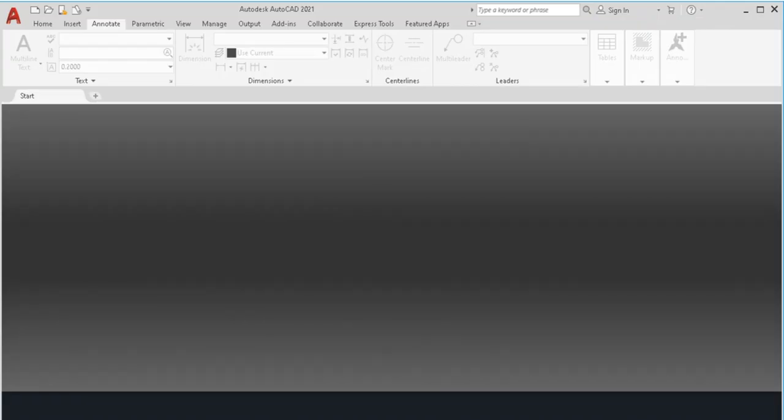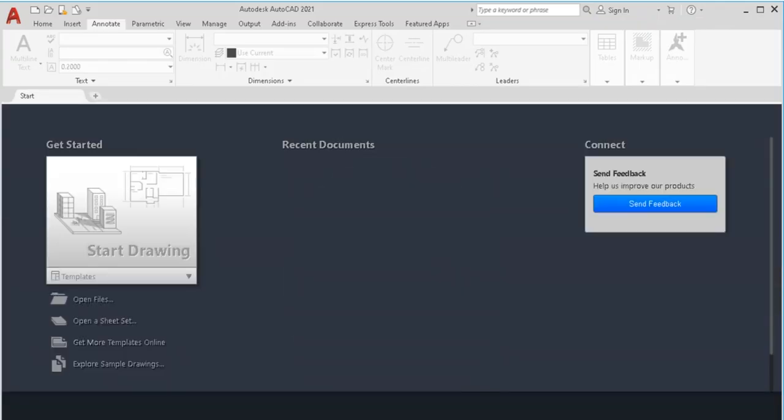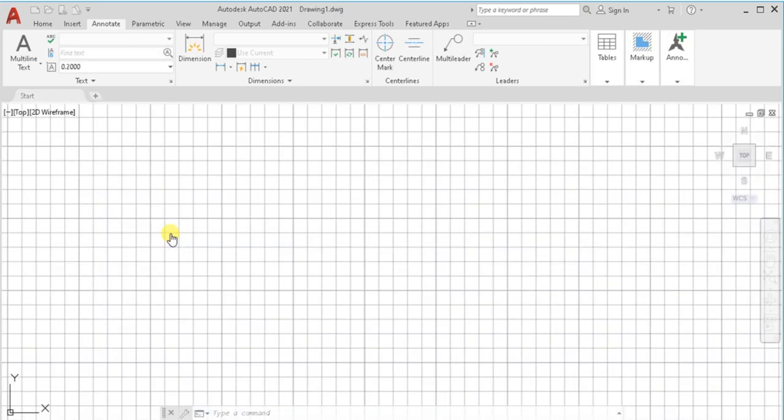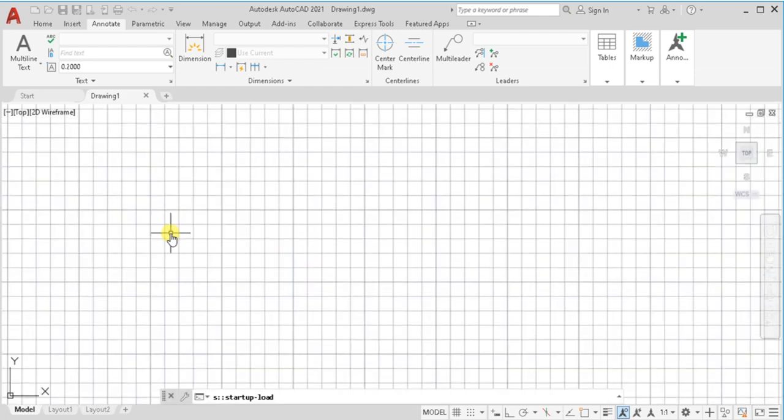In this session, we will learn how we can use dimension styles to get the most professional and the best possible dimensioning. Without any further delay, let us start